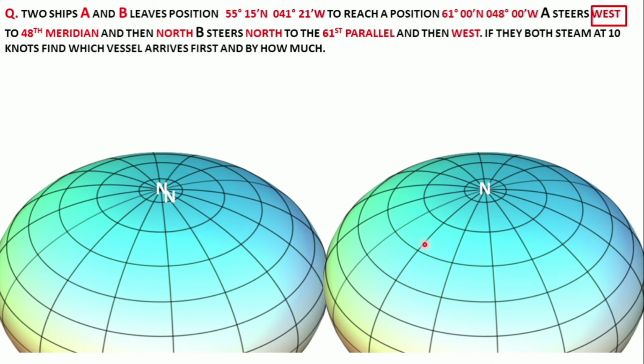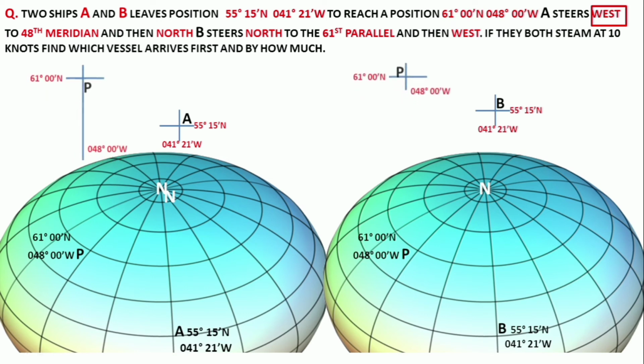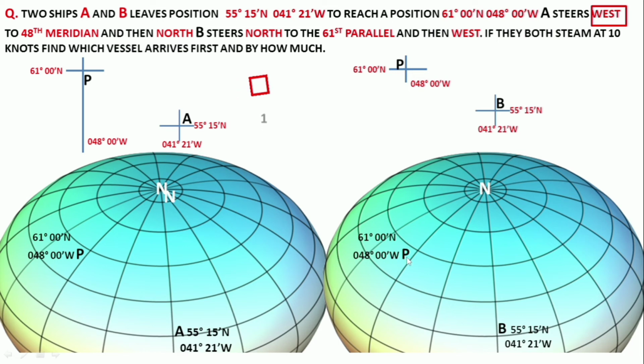Now he says here, two ships leaving a position to reach a position. So one ship, I'm showing you two different diagrams here. They both are in the same position, and they both aim for the same port, same destination. Now he says A steers west to the 48th meridian. Now going west,